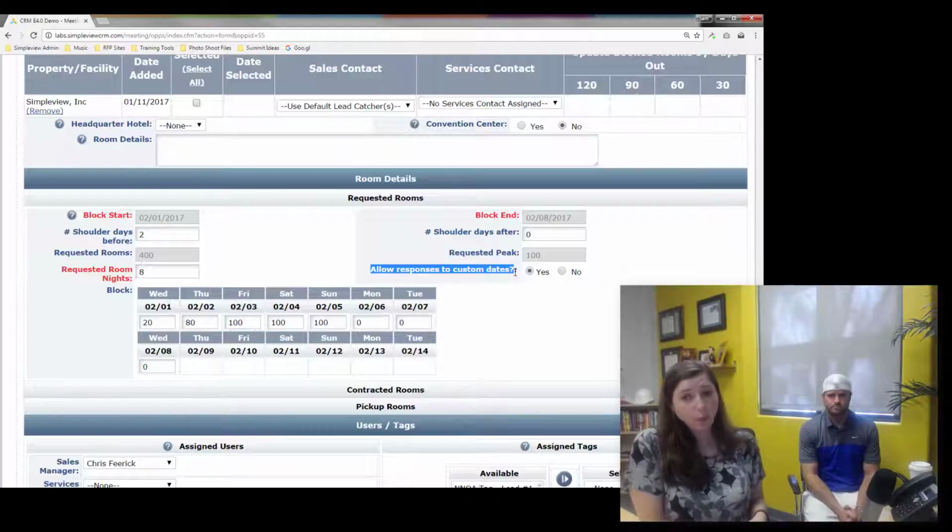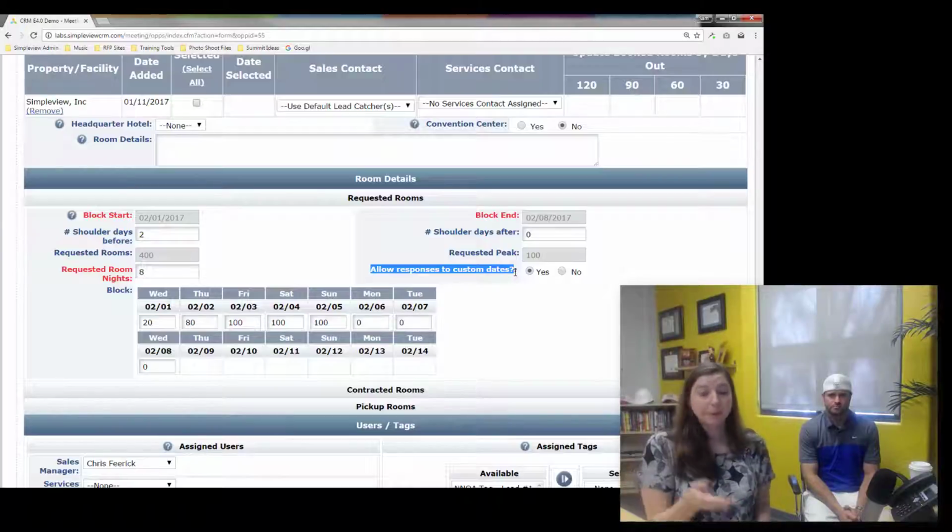So what we've done is, first of all, this field will only show up if you ask your analyst to turn it on for you. If you are not wanting to accept custom response dates, that's okay. You don't have to have it on. If you do have us turn it on, you can tell us how you would like it defaulted, whether that's to yes or no. And so if it's to yes, what that means is on the extranet side, and once